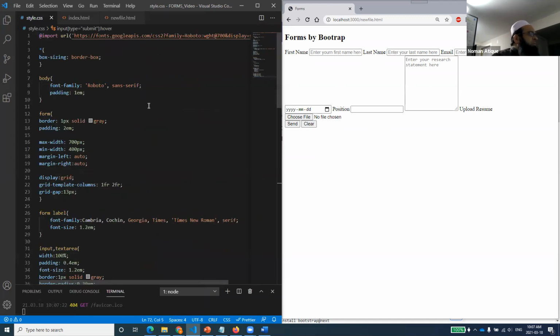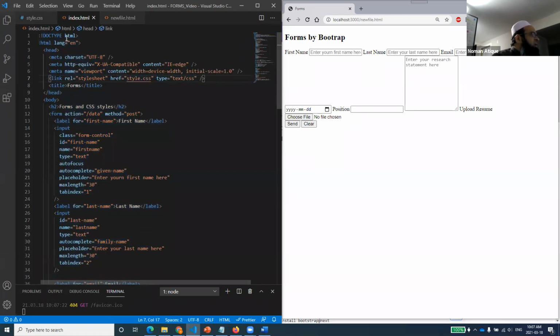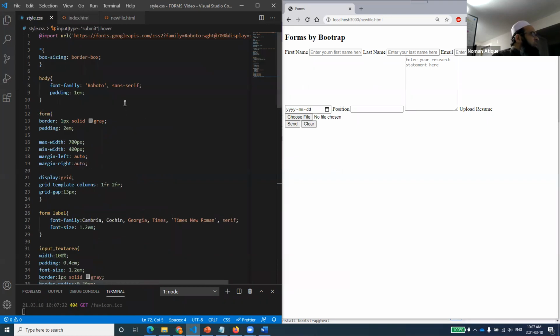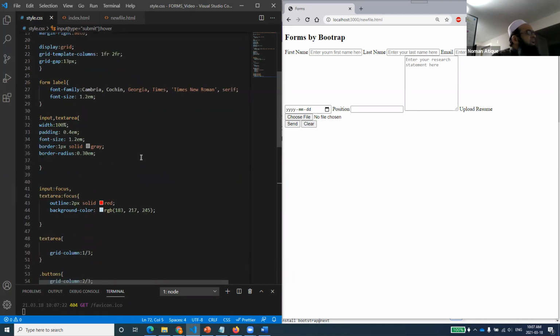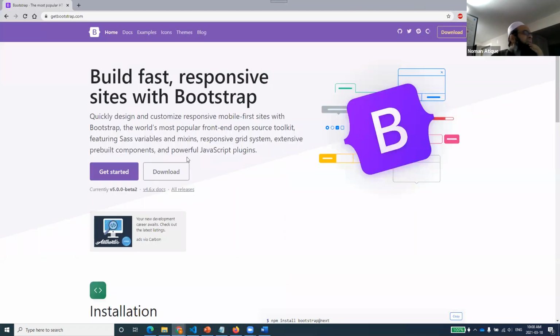I'm just closing this one. The style.css which we were using in the index, we have connected it here, and we were using it to apply all these stylings. It is always very helpful and powerful, because sometimes Bootstrap will not provide some of the things that you need to do. But rather than defining our own style sheet and writing lots of CSS code, what HTML5 provides us are some pre-built libraries. This is one of the pre-built libraries, which is called Bootstrap.